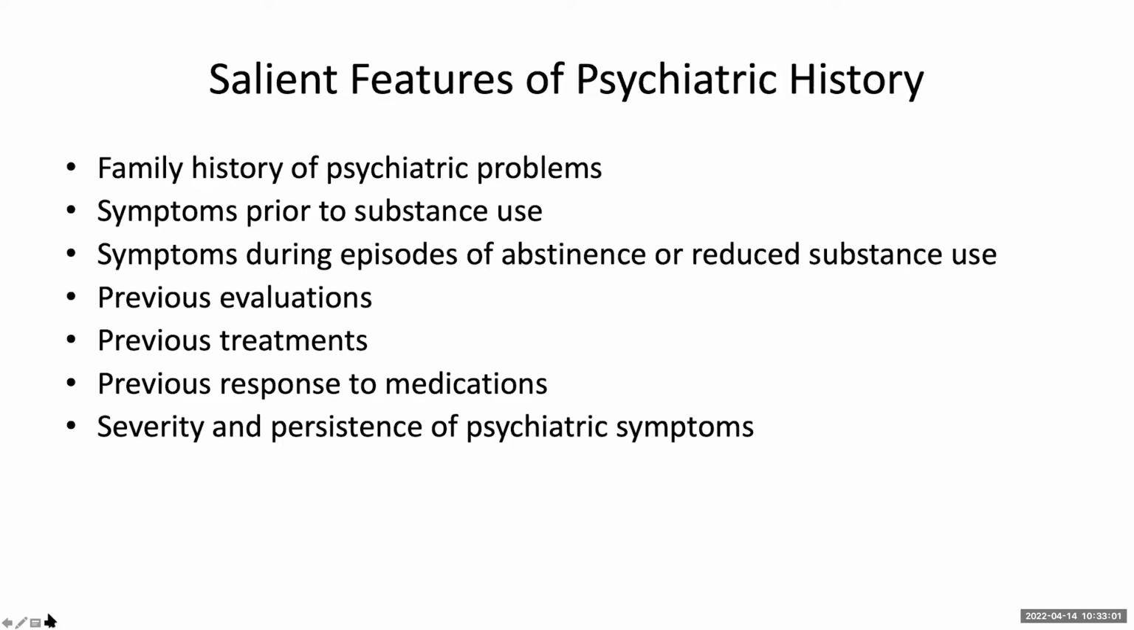That is, should we wait for the substance use disorder to stabilize, for a decrease or a period of abstinence, before we jump into specialty treatments for co-occurring disorders, like formal psychotherapy or specialty medications for depression, et cetera, or not? And so some of the ways that we look at that are family history of psychiatric problems, symptoms prior to substance use, as I mentioned, prior symptoms that persist during episodes of abstinence or reduced substance use,